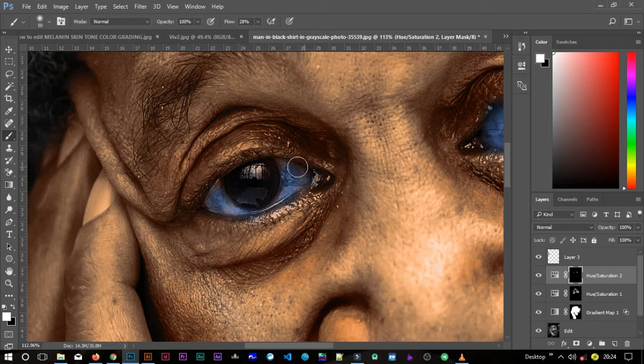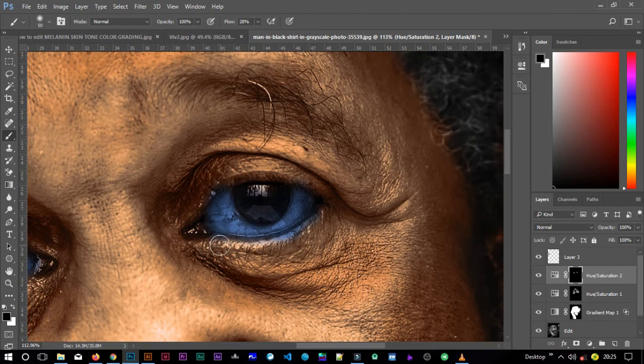Of course we shall refine it, just don't worry about this, we shall refine this. Then I'll hit X just to conceal the colors that are outside the eyelid. Like when they are on the eyelid, they should not be there, just to conceal these colors outside here, just like that. Also make some changes here